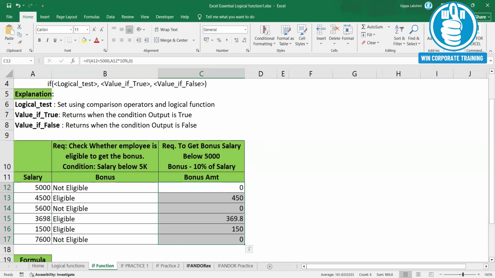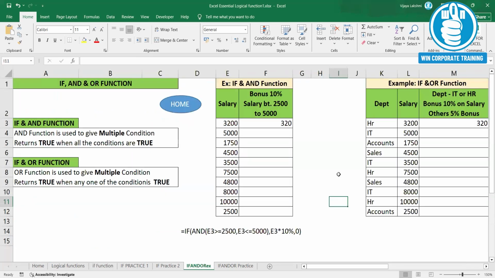Now let us see how to give multiple conditions. Using if function, we can give only one condition, but sometimes we need to set multiple conditions. So we will see how to set the multiple conditions. Whenever you want to give multiple conditions, along with the if, you have to use two more other logical functions like AND function and OR function.